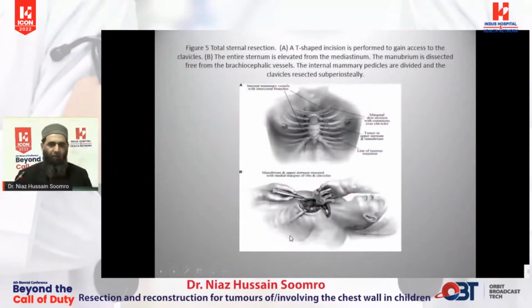Here you can see how we give a T-shaped incision when the tumor is in the upper sternum. Here the tumor is in the upper sternum. We should give an incision like this over the sternum, and we extend this incision in this way to cover the resection margins all around, and we should resect these costal cartilages. So this will be the defect. The defect can be reconstructed, but we should not compromise on tumor-free margins.